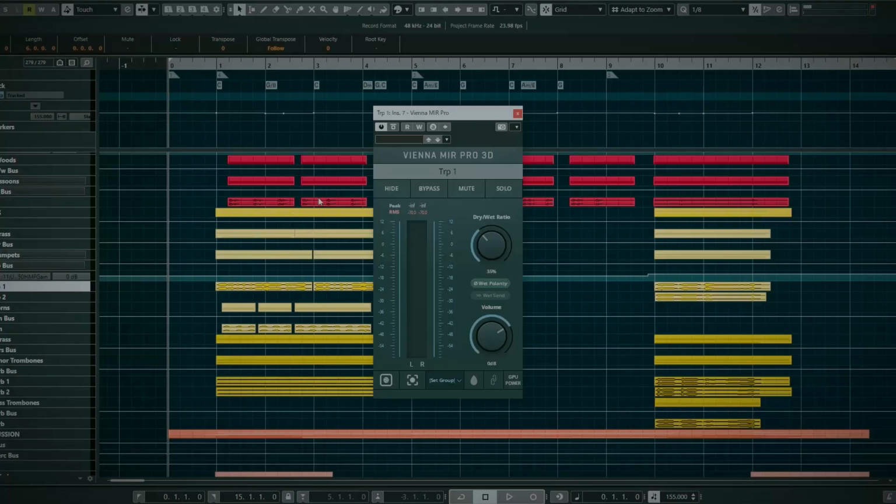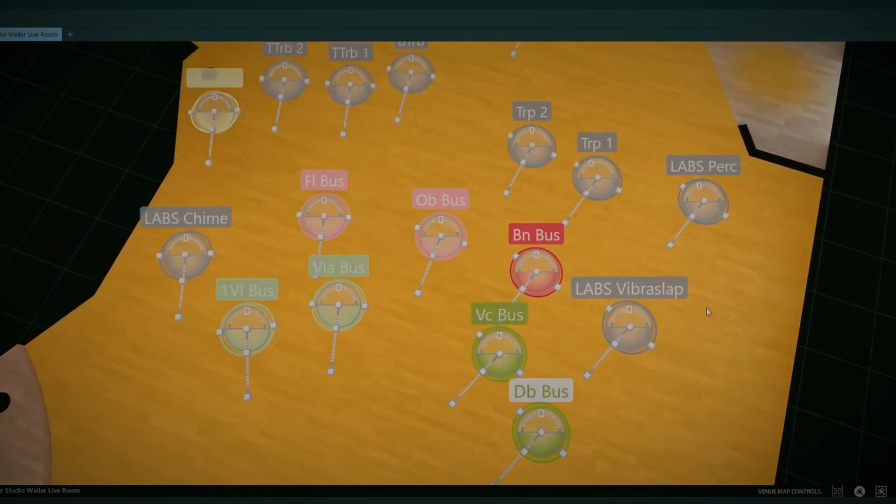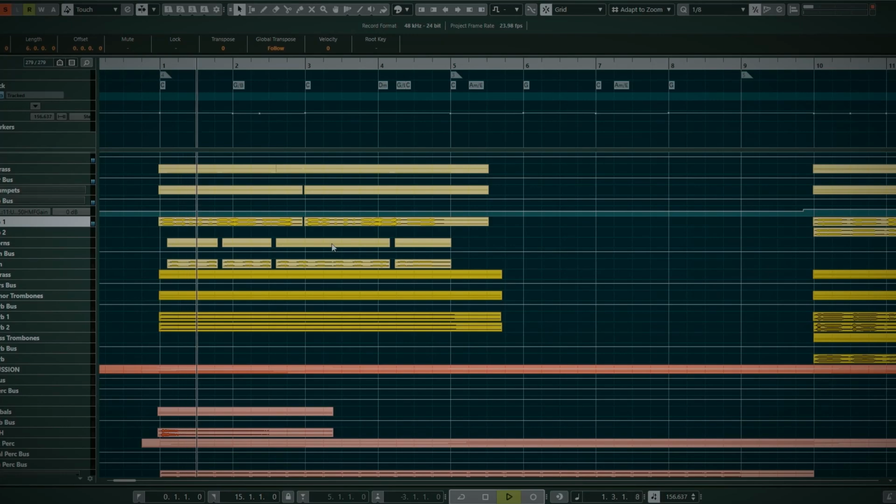Since orchestra needs room, I added this Vienna MIR Pro 3D on almost every track. MIR Pro 3D is a reverb that enables you to place your instrument in a 3D space. For example, the trumpet sounds like this without any reverb. With MIR Pro,